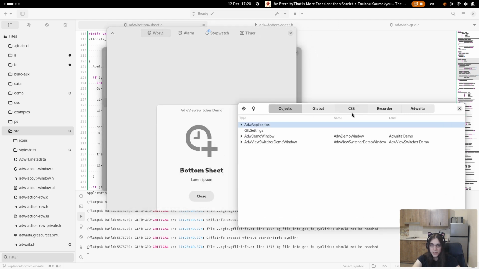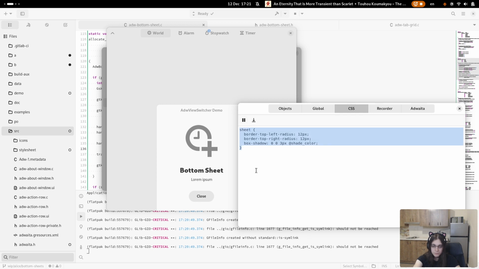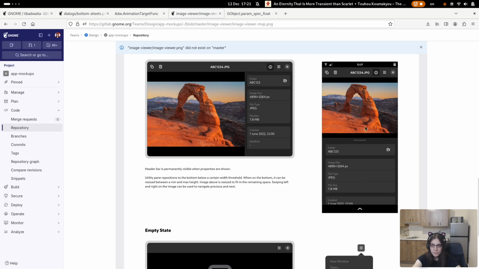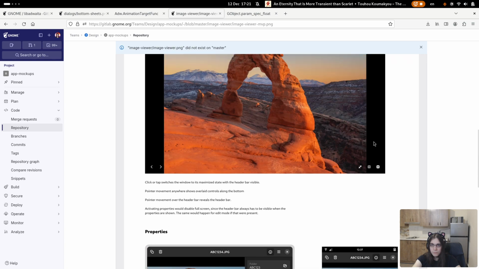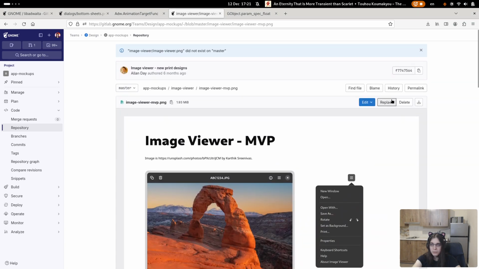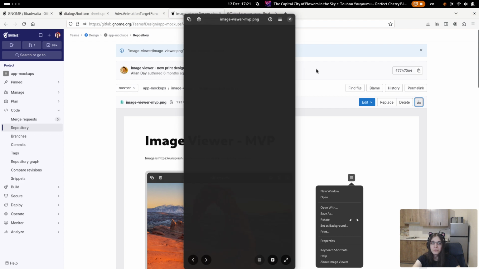So now let's actually style the thing. First, background color. Min width. Well, I guess I'll have to download it and just open it and literally measure dimensions.